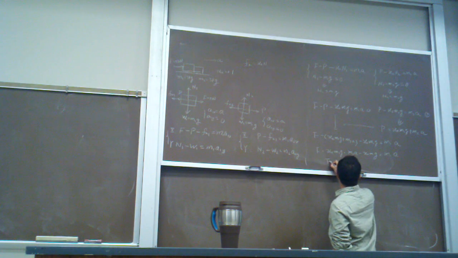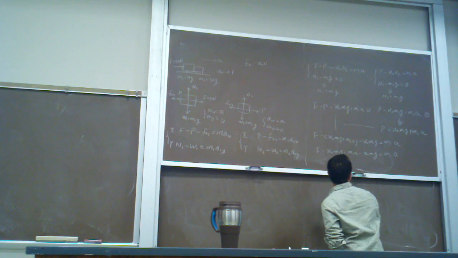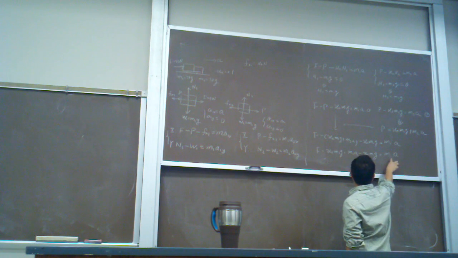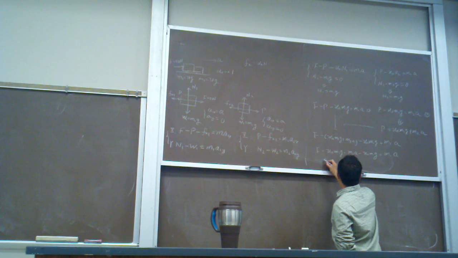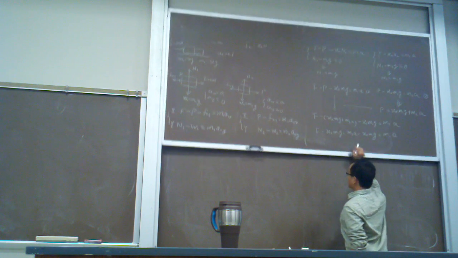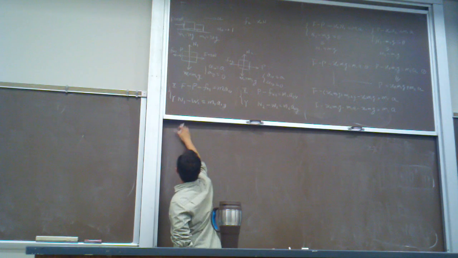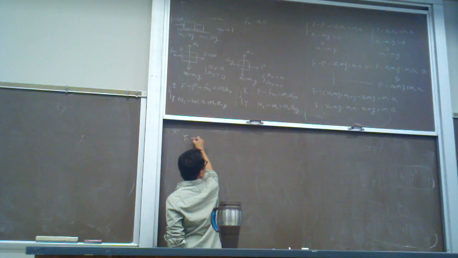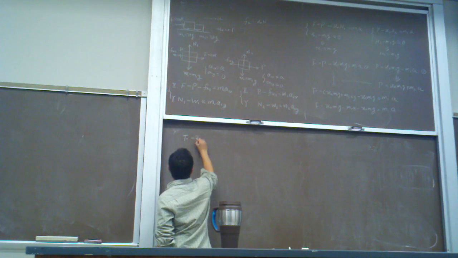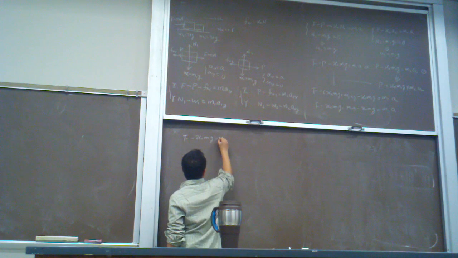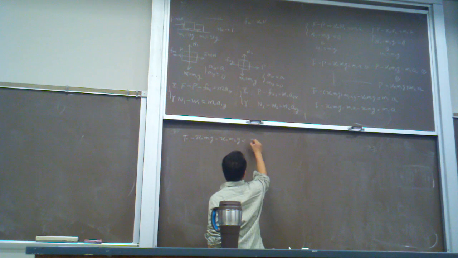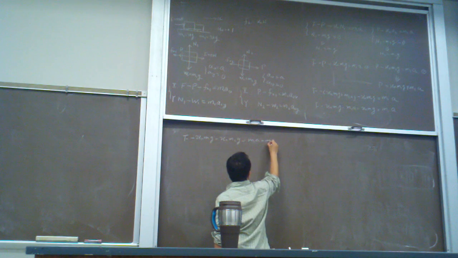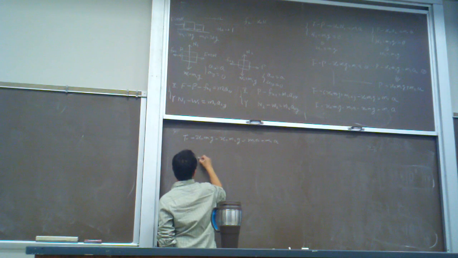So you are going to get F. F is the known quantity. We are going to find A. So you get F minus mu K M1G minus mu K M2G equals M1A plus M2A, so A equals